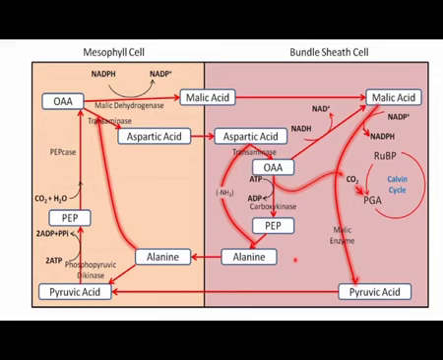CO2 is also being released from the malic acid. This CO2, released from the malic acid, is then taken up by the ribulose 1,5 bisphosphate, and it goes into the Calvin cycle. On the other hand,